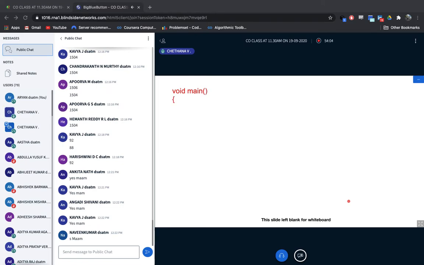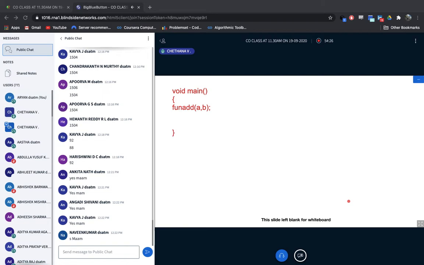So inside this main program, I have one function, function add, I'll write add(a, b). Now what will happen?